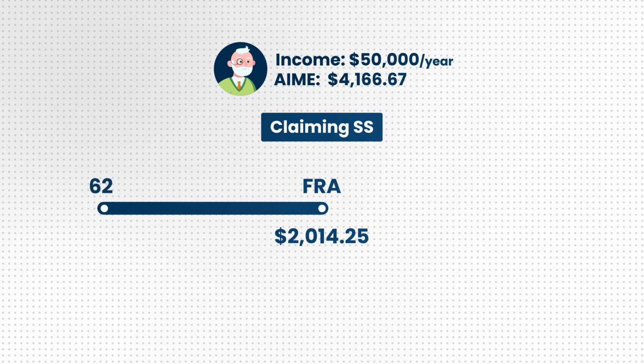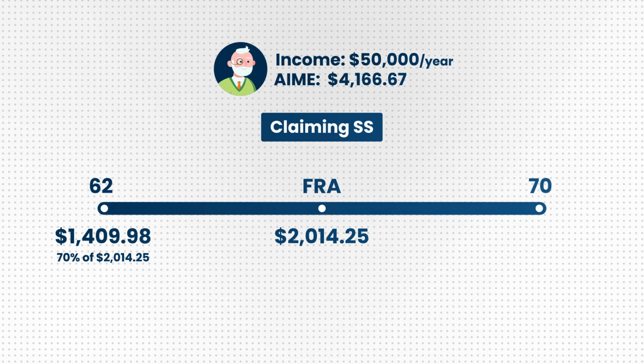If they claimed early at 62, their benefit would be 70% of this, or $1,409.98. Or if they delayed claiming until the age of 70, their monthly benefit would be 24% larger than at full retirement age, or